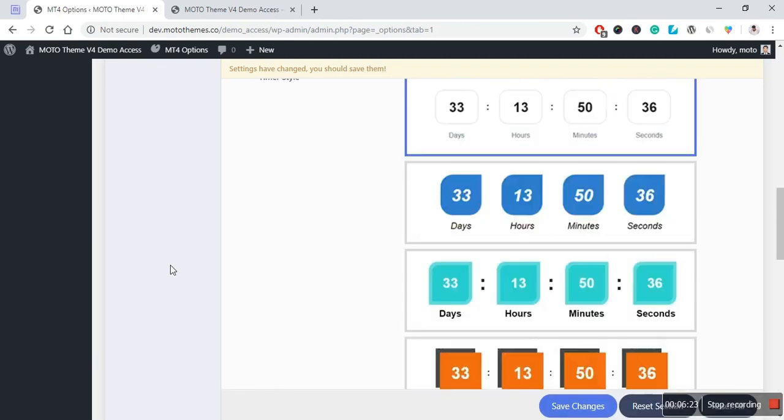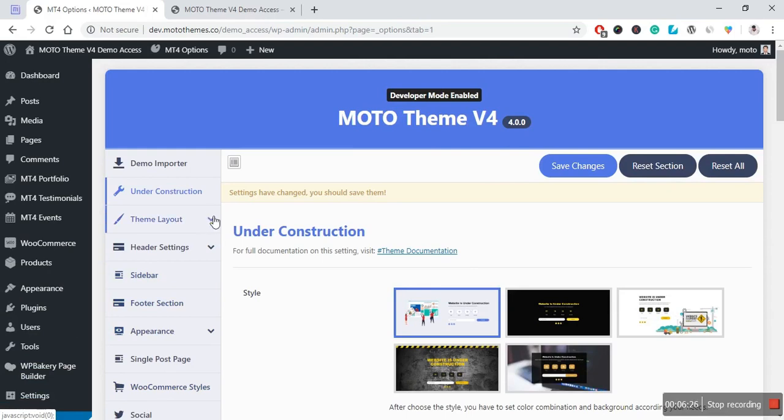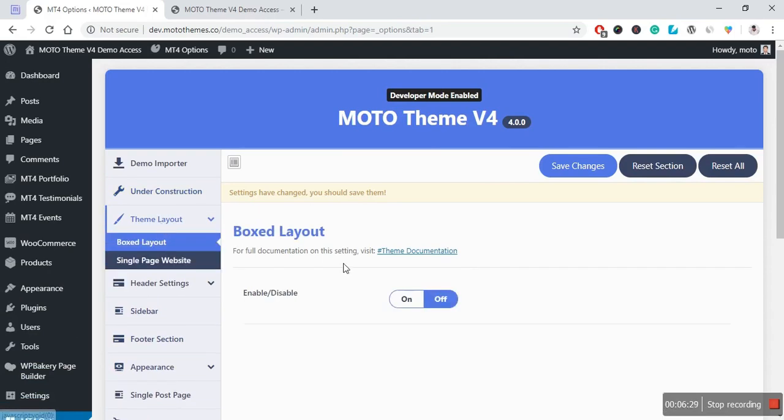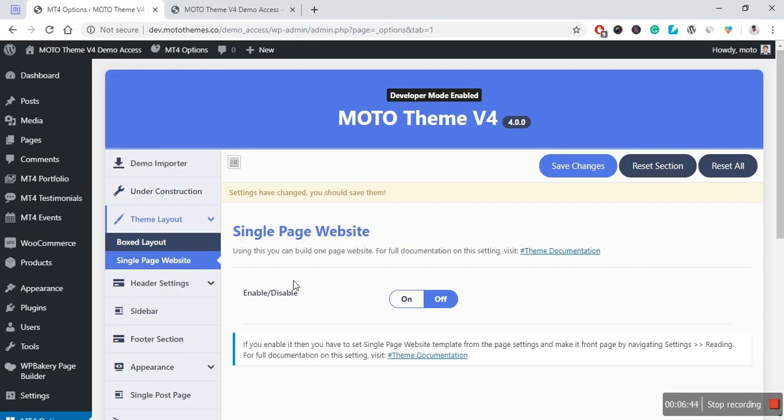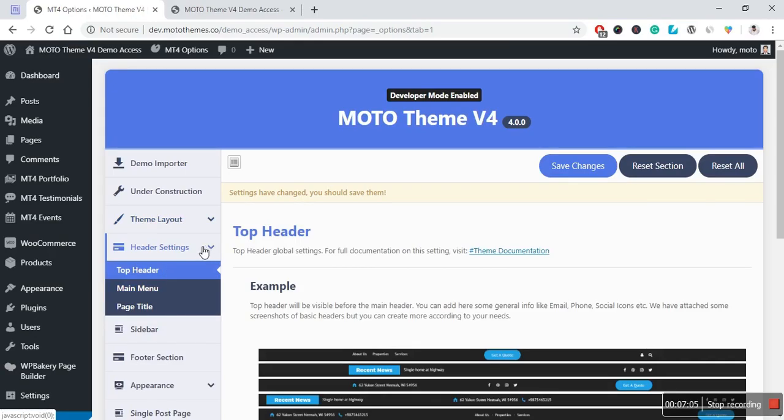And I'll go above now. I'll show you the other settings like theme layout. So theme layout is an option which you can select by a box layout. The page or your website will be in a box layout like a blog, and you can have a background image back of it. And also there is a single page option which does not have multiple pages. It only has a single page, a menu, and which will scroll by when you click on the menu, various menu options, it will scroll down automatically. If you turn this on, the single page website builder will be automatically turned on when you go to edit pages. Now I'll show you the header settings.